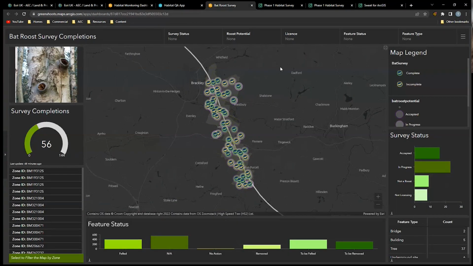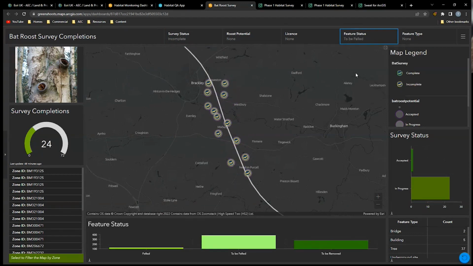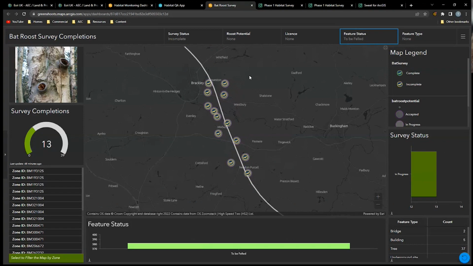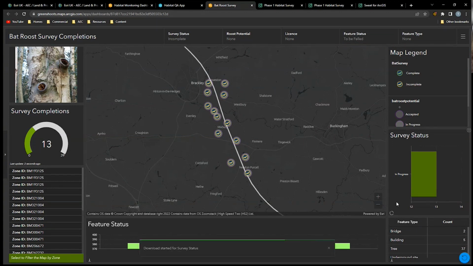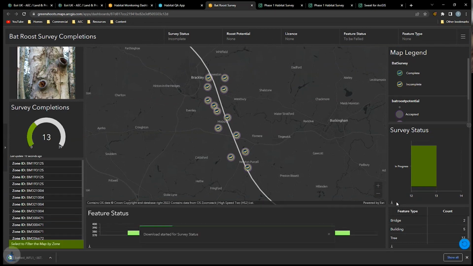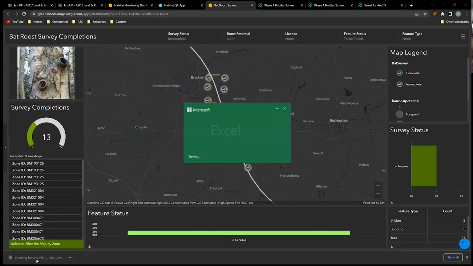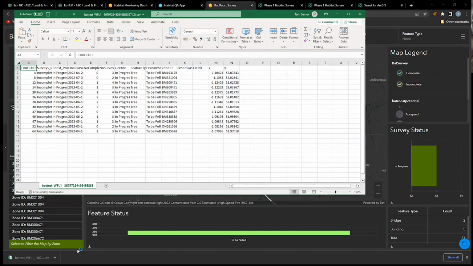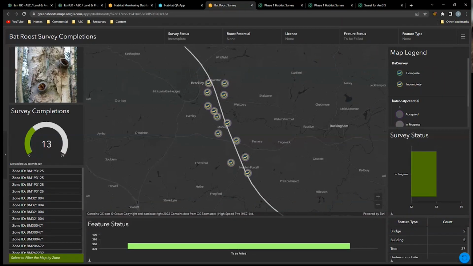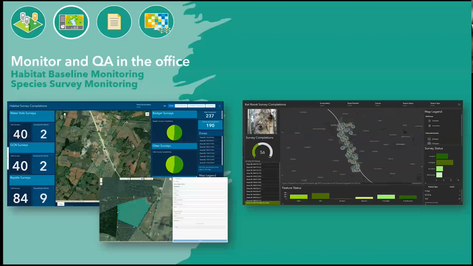We've also got another dashboard which is just showing the ad hoc surveys. And what I wanted to show for this particular one is the ability to change the selectors here to a specified kind of feature status, and the ability to download that data, so take a snapshot of it. So if I download that source data, what it's doing is providing this as an Excel, which I can then use in different parts of the process. So if I jump back over to the slides,